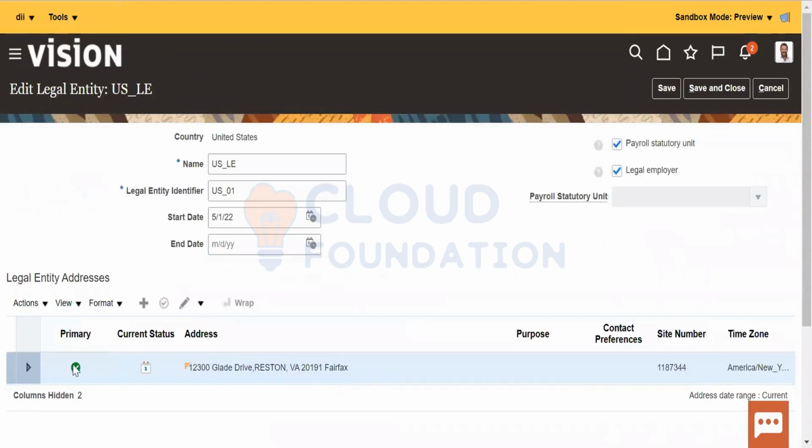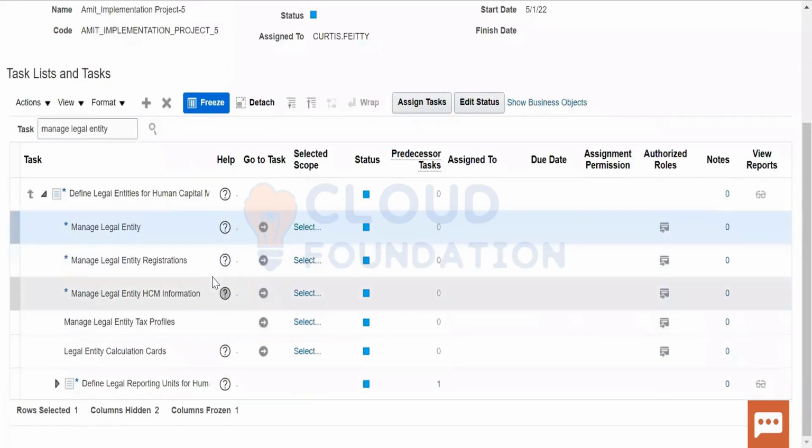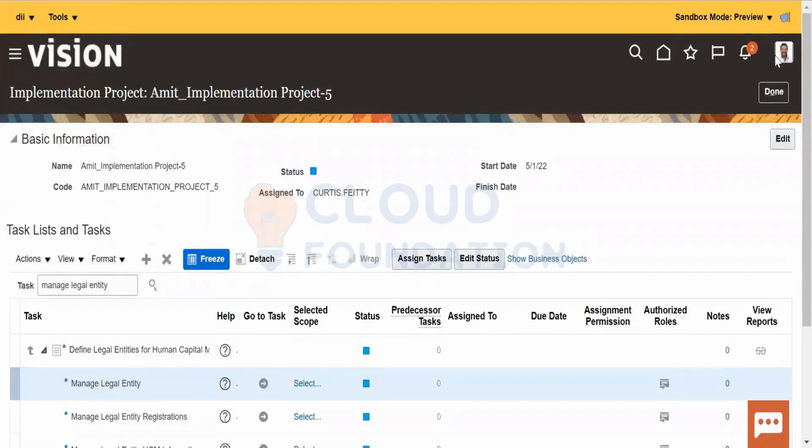Okay, so this is my legal entity and this is the search. Okay, you've got it. A legal entity has a legal address and you can take the defined address from that or you can take the predefined address from that. Okay, now this is done.